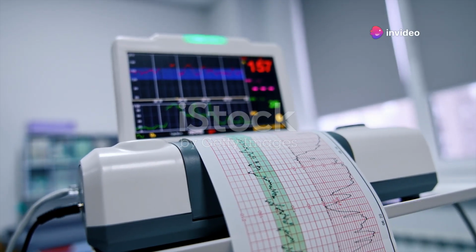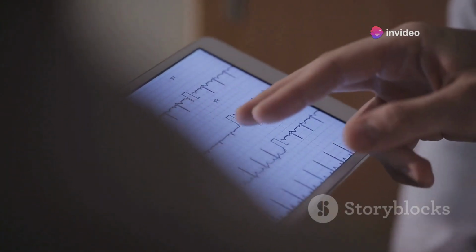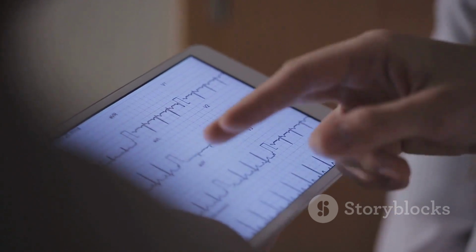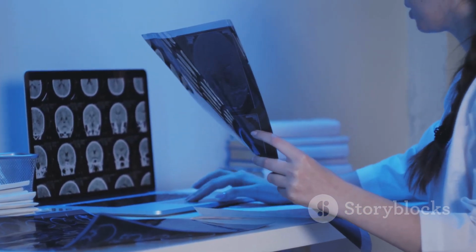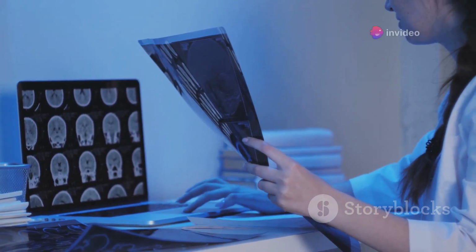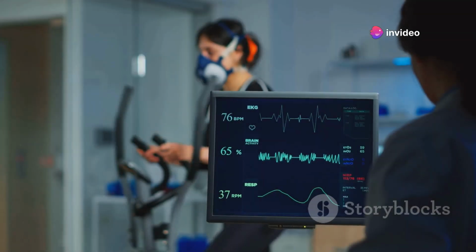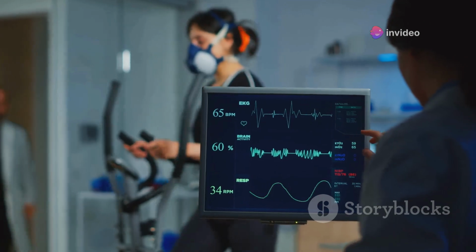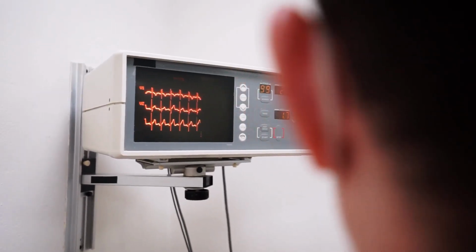The enduring importance of electrocardiography. The electrocardiogram, or ECG, remains a cornerstone of cardiovascular diagnostics. Its ability to non-invasively capture and display the heart's electrical activity provides invaluable insights into a wide spectrum of cardiac conditions. From detecting arrhythmias and conduction blocks to diagnosing heart attacks and assessing chamber enlargement, the ECG plays a pivotal